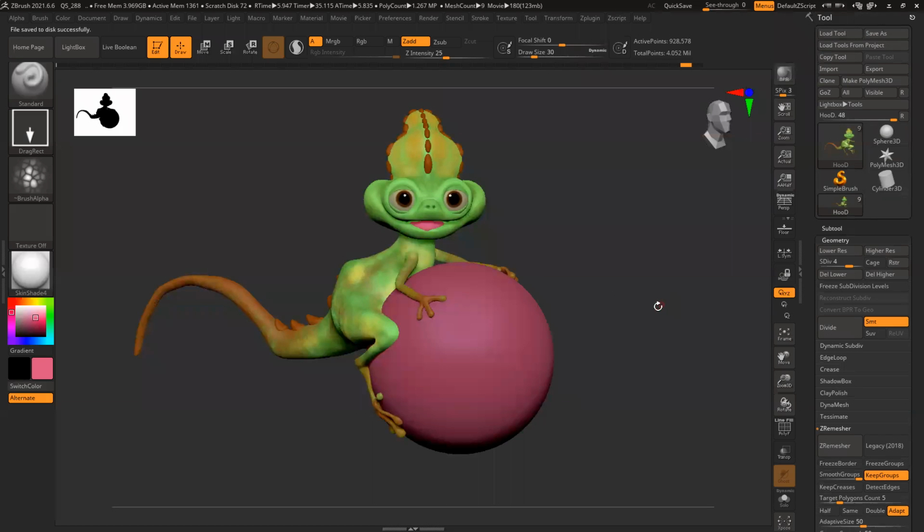And there's one more technique. Suppose I want to render this thing with proper lighting and all. I can change lighting in ZBrush also, but this is not very handy, not very professional. So if you want to render it out in proper lighting, you can export this directly into Maya. For this, you have to decimate the model.